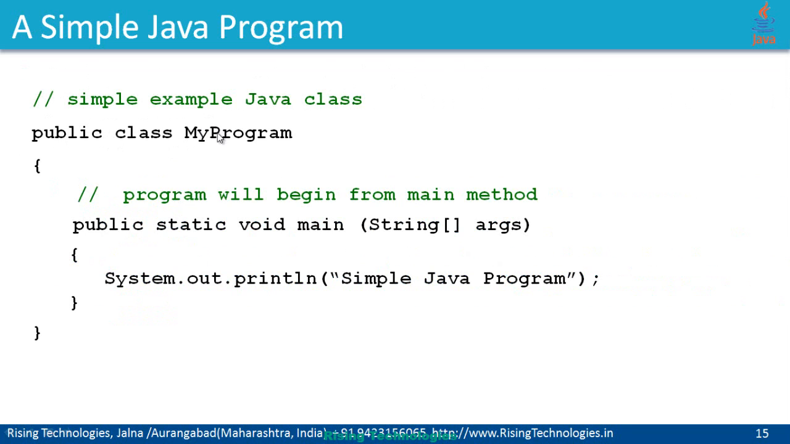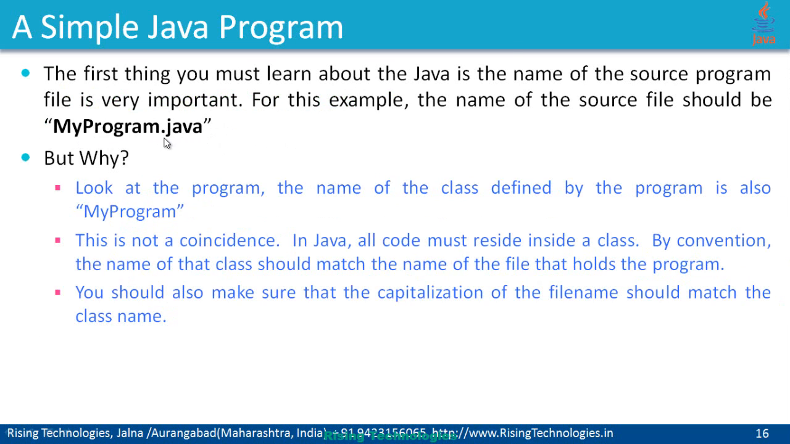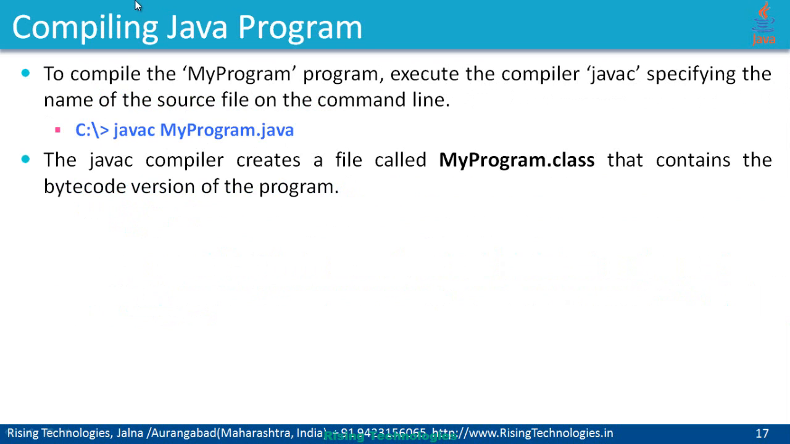So I must be careful about the name of my class and the name of my file. That file contains this program. Now to compile my program, you need to execute the Java compiler, and the executable for that compiler is known as javac. So the syntax of compiling your Java program is something like this. You need to execute your Java compiler executable providing the name of your source file,